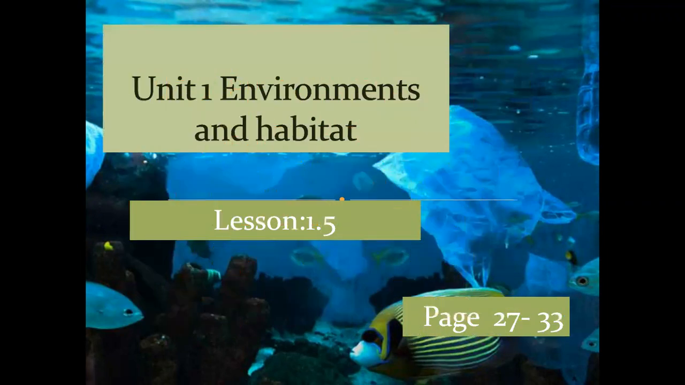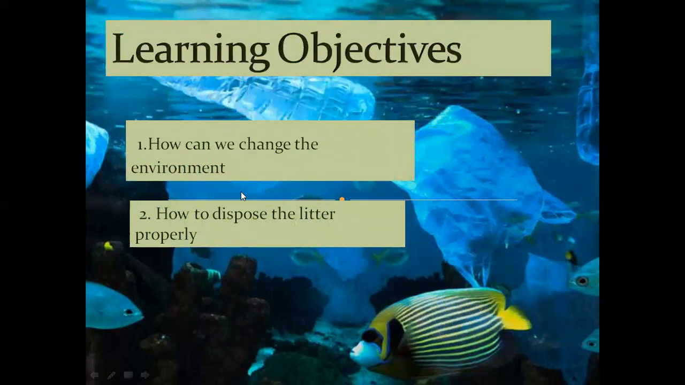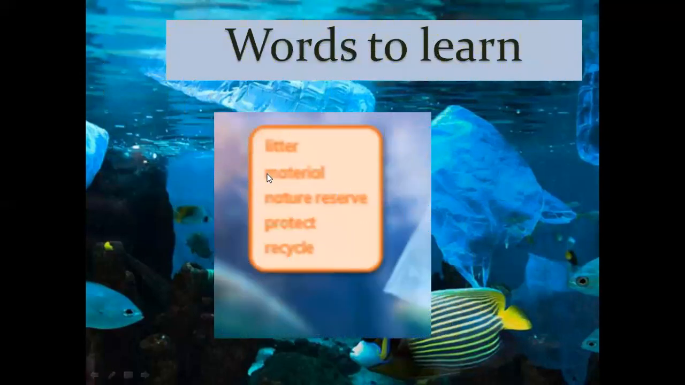The name of the unit is Environment and Habitat, and we are going to study lesson 1.5 that is on page number 27 of your science learner's book. In this lesson, we are going to learn how we can change the environment and how to dispose of litter properly. We are going to learn some vocabulary words: litter, material, nature,